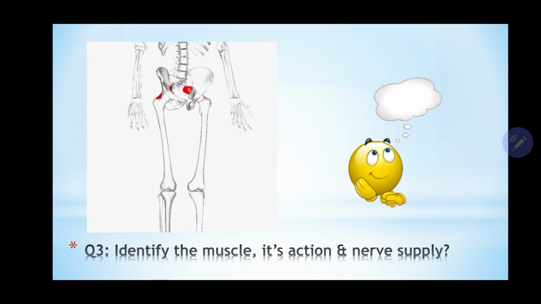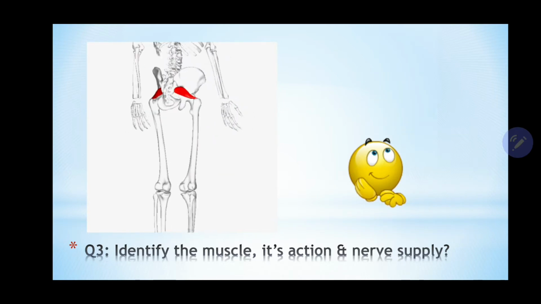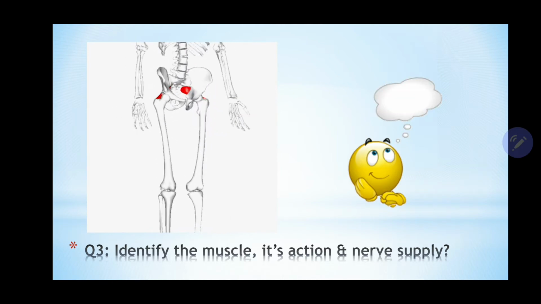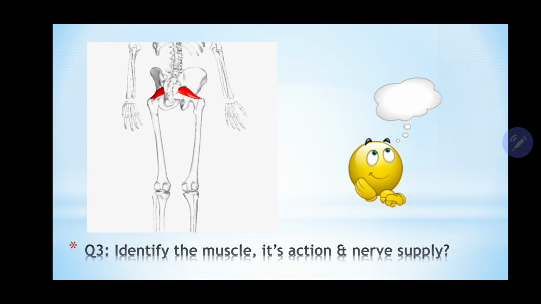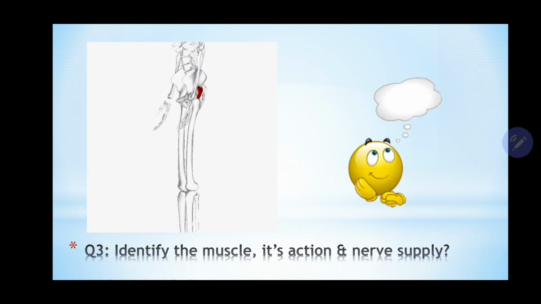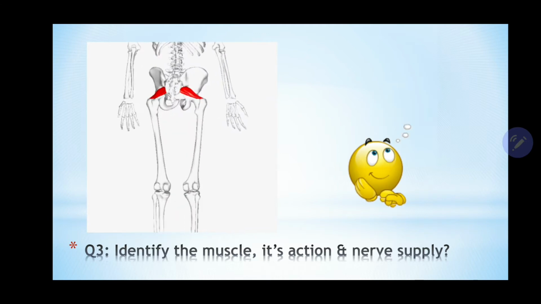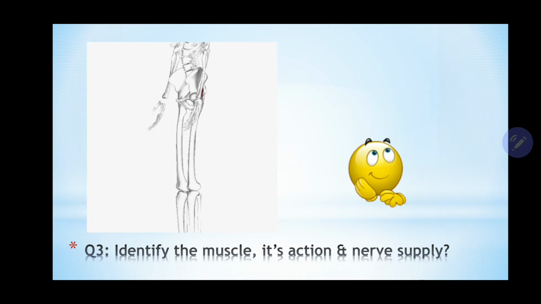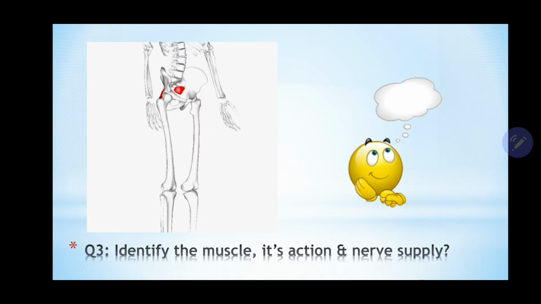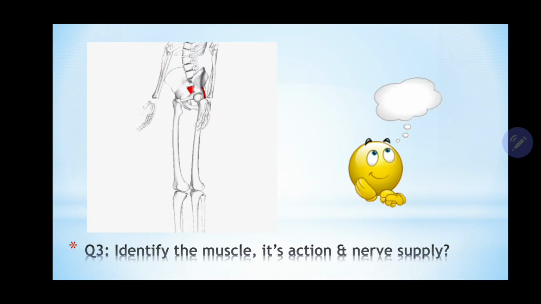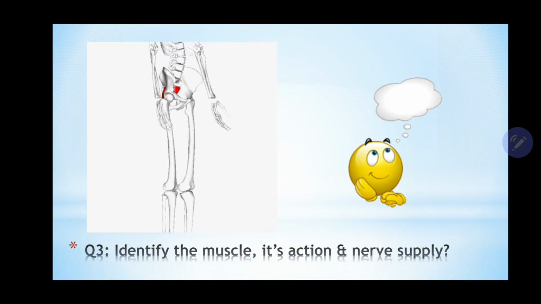And the nerve supply to this muscle is from the sacral plexus, and that is S1, S2 ventral division. The two nerves from the anterior division of these S1, S2 join to form this nerve to piriformis and innervate this muscle. Sometimes, occasionally, L5 also contributes to innervate this muscle. Okay,